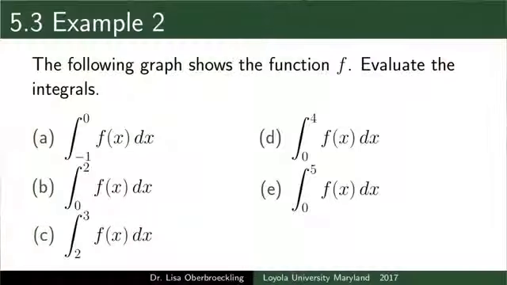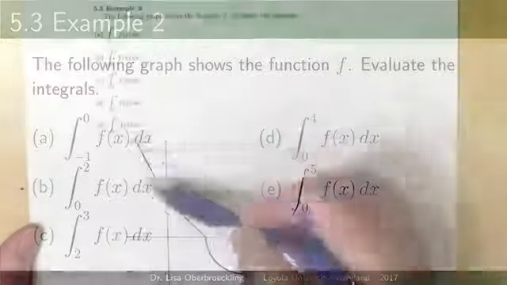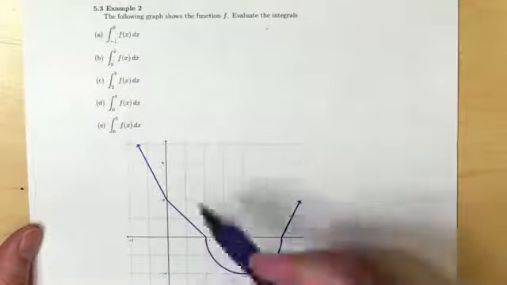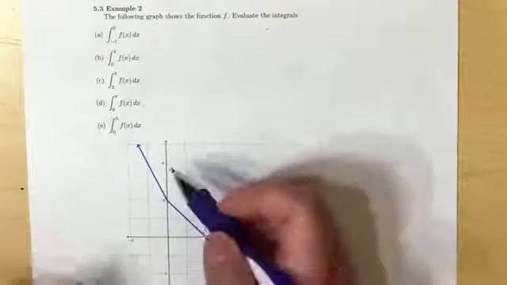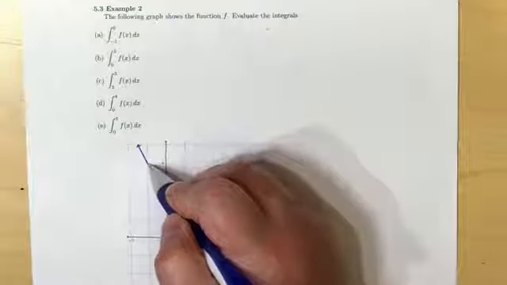In this example, we are going to practice area under the curve again. The difference being we have the notation for the area under the curve as a definite integral. So for part A, we're looking at the integral from -1 to 0 of f of x. So this is y equals f of x. And so that means we're really concentrating on this area here